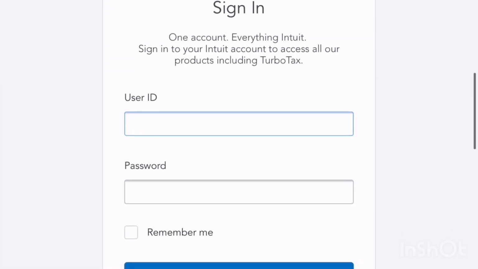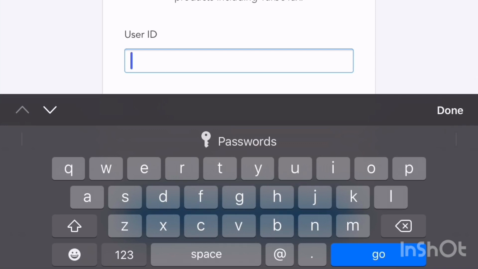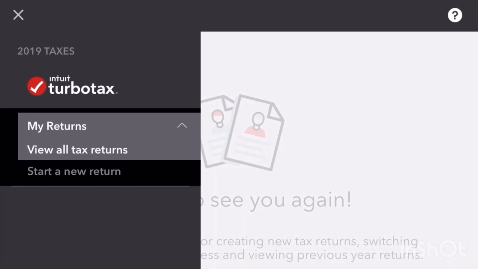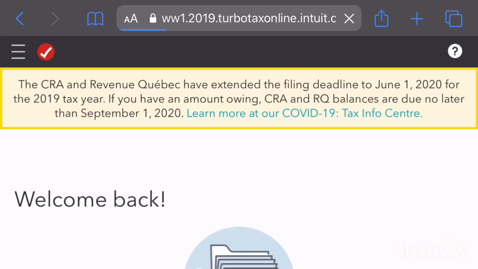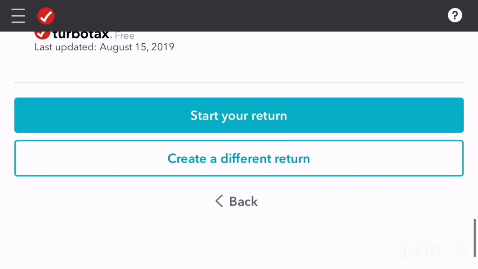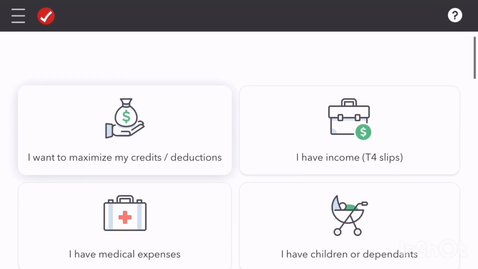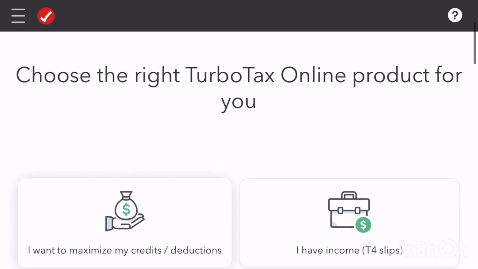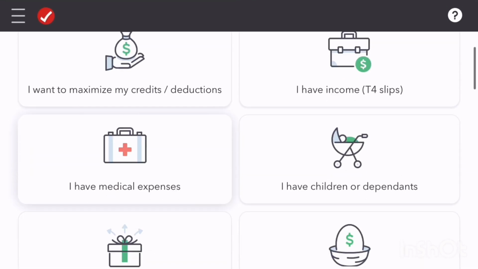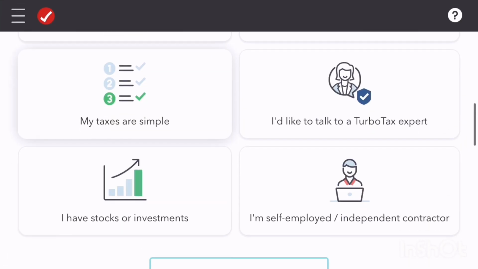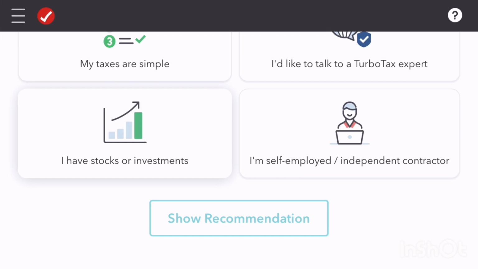So there you go. It takes me to the sign in section. I'm going to enter in my ID and I'll see you on the other side. All right, here we go. So from here, you can look at your returns. I'm going to hit start a new return and it's going to take me to start your new return at the bottom of the page. From here, it's going to run you through some different prompts. So for me, this is an option for TurboTax to try to upsell based on what kind of information you do have. So I'm just going to scroll to the bottom